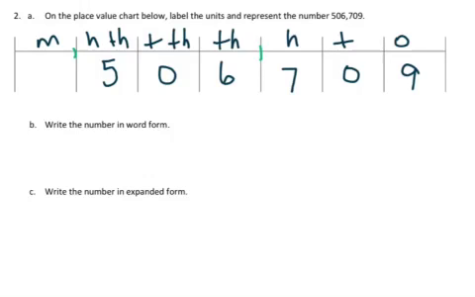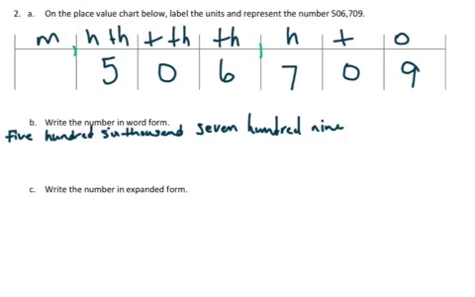So we're going to write this in word form, and that would read 506,709. So the one thing I have to point out to the kids is it's not 500,000, 6,000. So it's actually, you read it together, 506,709. So we're going to write this number in expanded form, and in expanded form it's